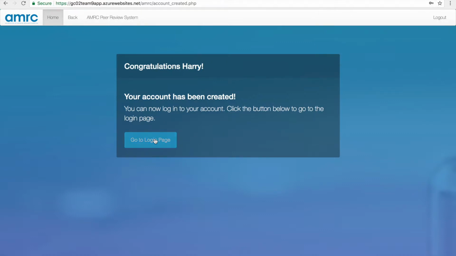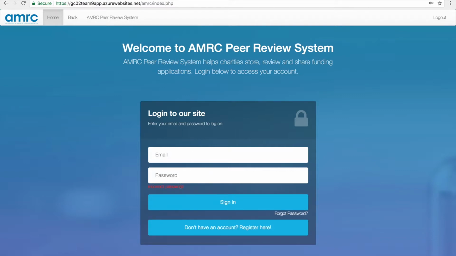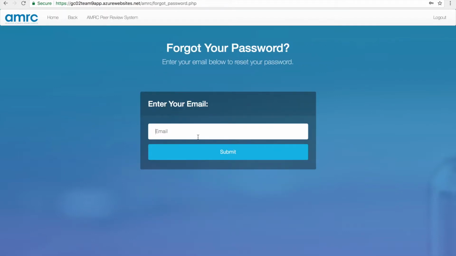And to go to the login page, we can click this button. So if we log Harry in, but let's say we type in the wrong password, sign in, we will see here that he typed in an incorrect password. So what we can do now, if we don't know the password, is press forgot password, type in his email, which is right here,